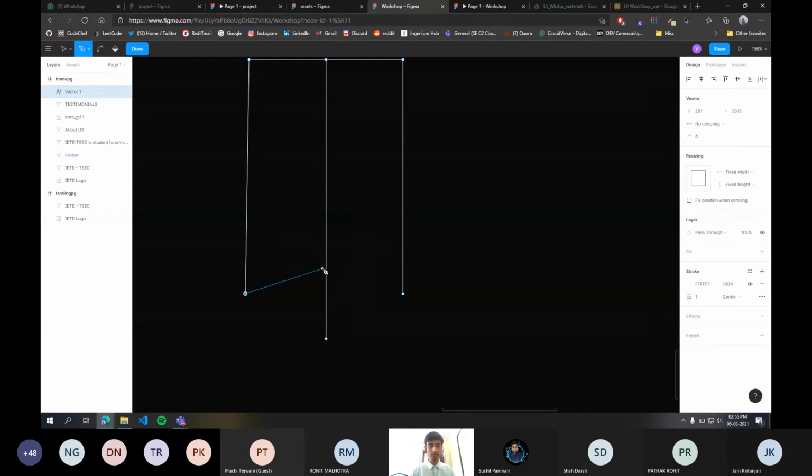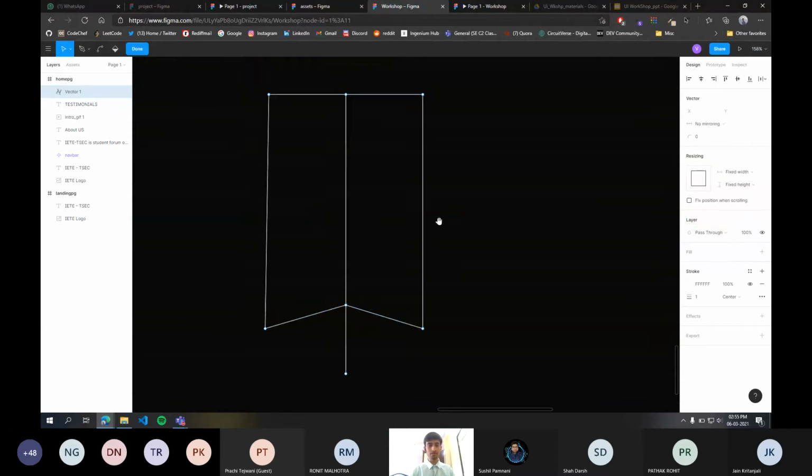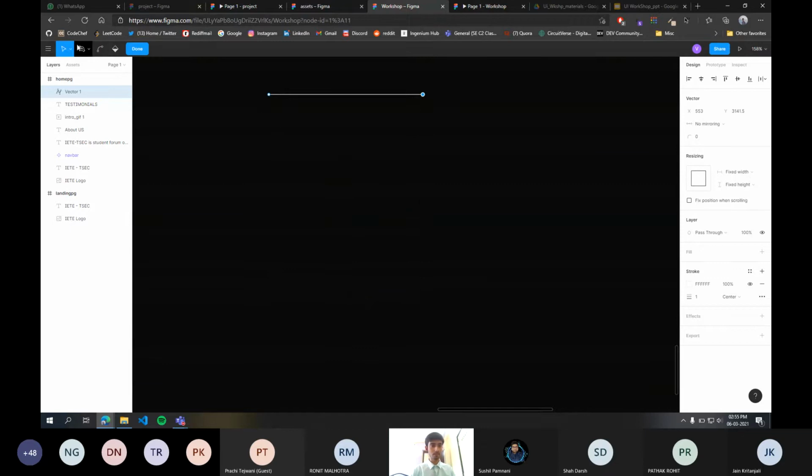Now click on it, just join it, click on it, join it again. Okay, as you can see, the basic frame is ready. Click on done. Okay, I'll just decrease its width.